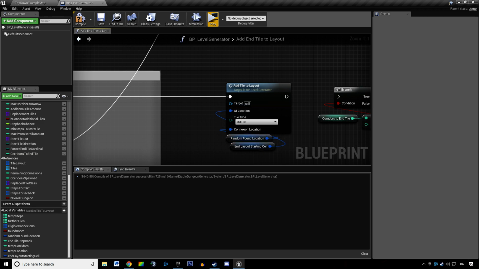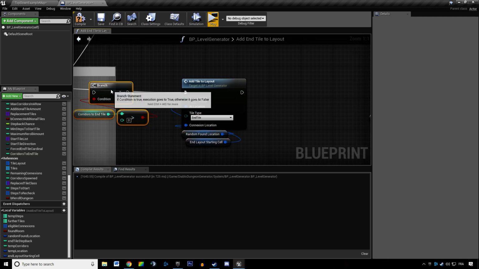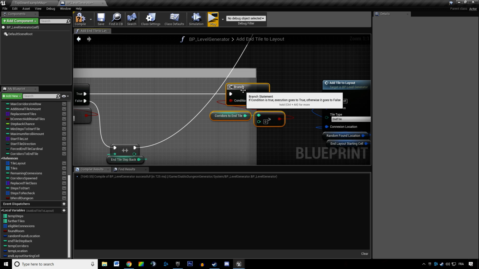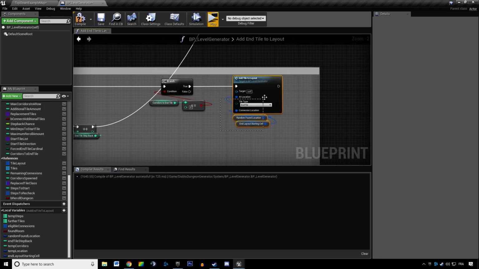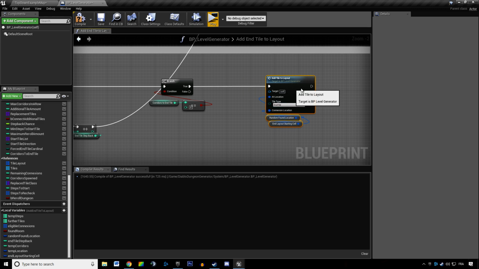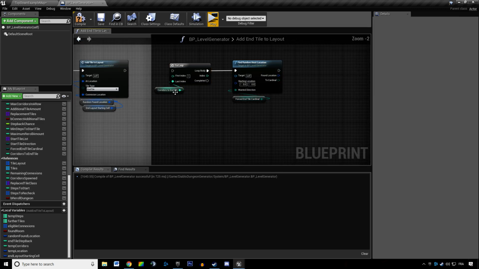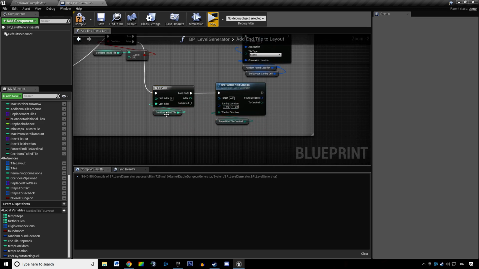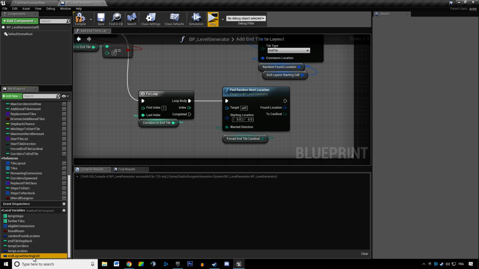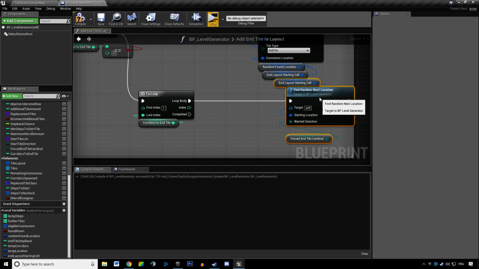And we first want to say, if our corridors to end tile is equal to 0, we just want to add our end tile to our layout. And if not, we want to loop through our corridors a number of times equal to our corridors to end tile plus